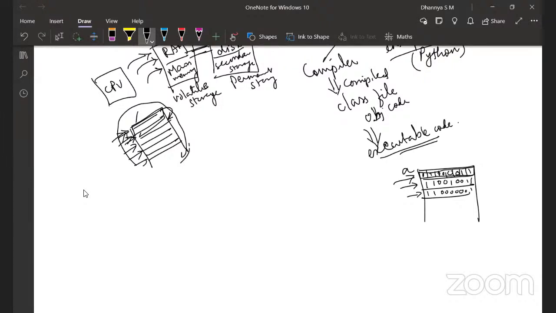We identify this sequence of bits as, say, an integer. In that case, A becomes an integer. Suppose this is location B, and it is of type string. Then this sequence is representing a string. That is the purpose of data typing. All you see inside the memory is binary digits, so that is the requirement of having types from the implementation perspective.